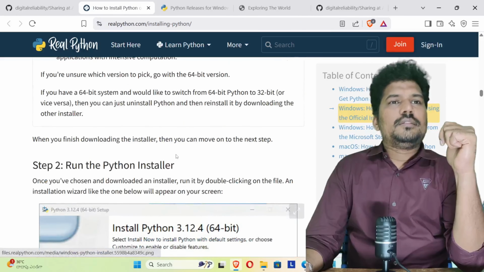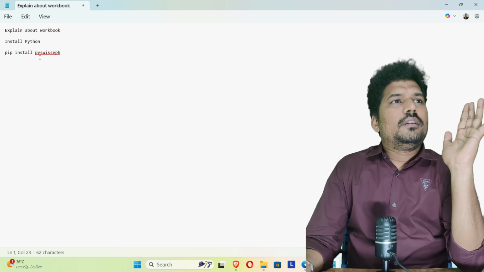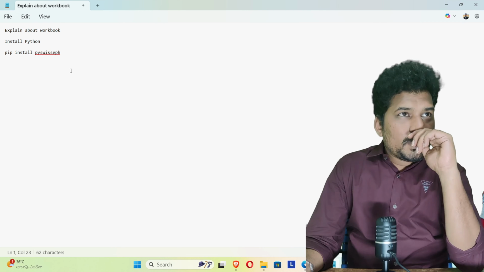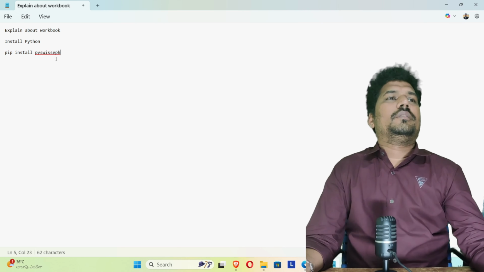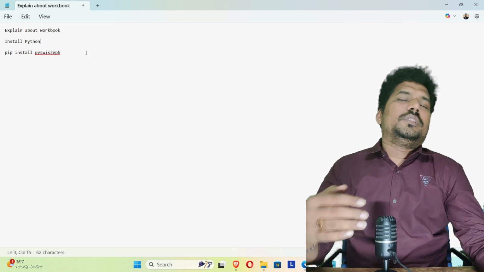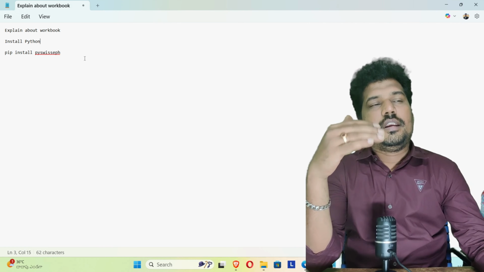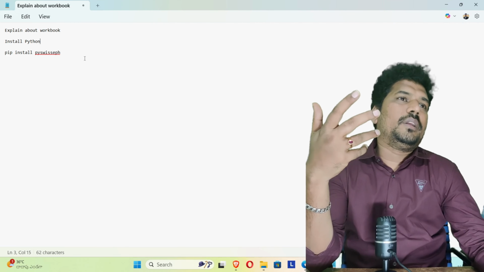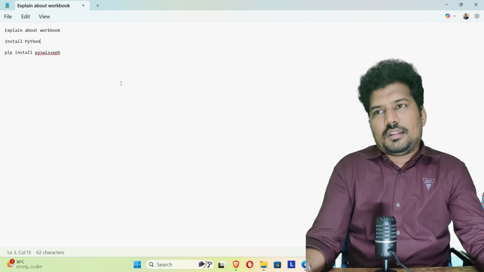After installing it, you go to the command prompt and type pip install pyswisseph, exactly the same command. This guidance I'm going to share on GitHub and in the readme notebook also. If somebody wants, they can go through it and take the help of those things.